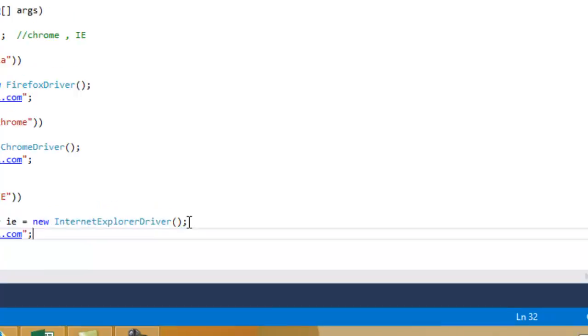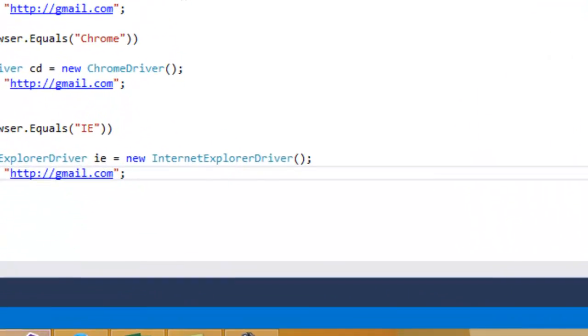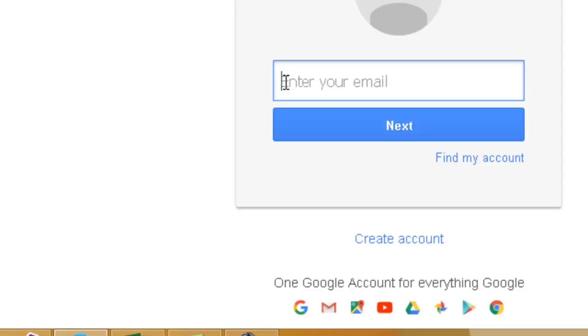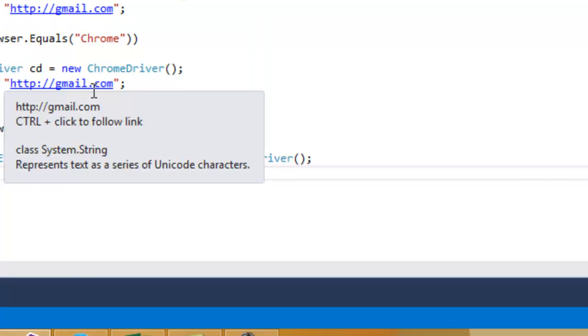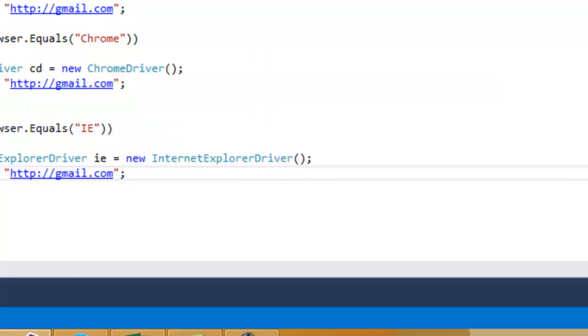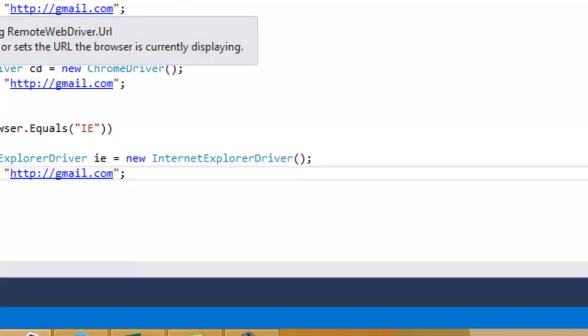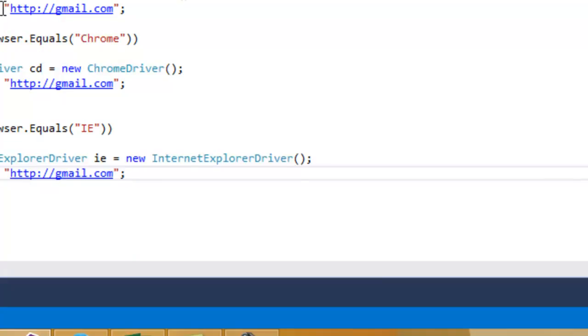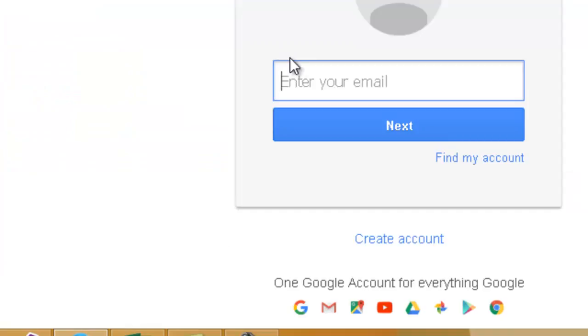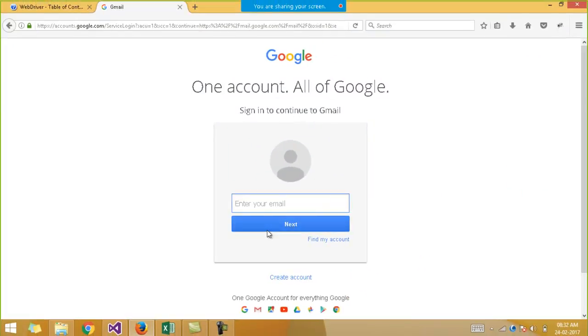Right, and the same for the username as well. That is, we have to enter the username and then click on the next button. So in each and every if statement, we are trying to write the same code, that is this URL functionality. And then next, for entering into the username field as well, we will be doing the same stuff. In each and every if statement, we will first find this username text field, and then type into this username text field, and similarly for clicking on this next button as well.